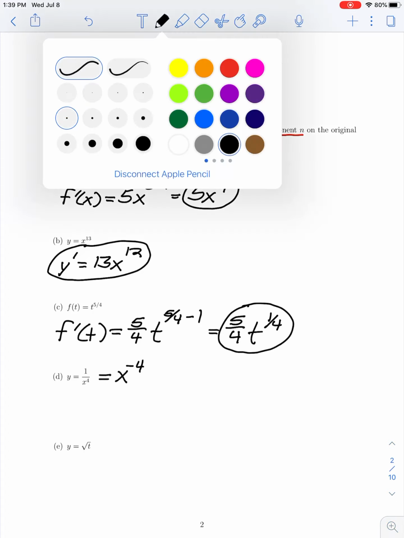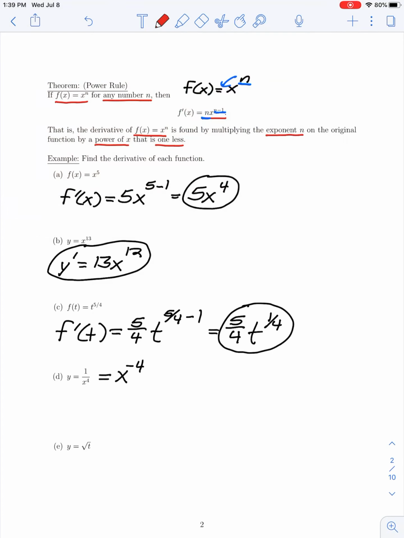So remember, in general, a notational rule that we can make use of is that if we have some variable and we're raising it to a negative power, that's the same as taking 1 over x raised to that positive power. So by rewriting 1 over x to the fourth as x to the negative fourth,